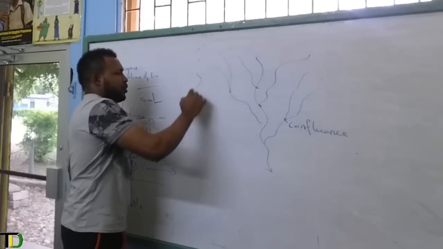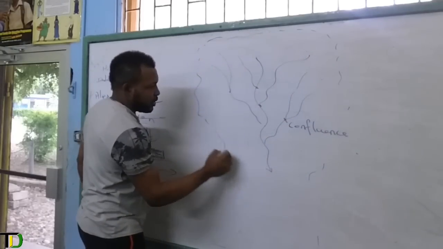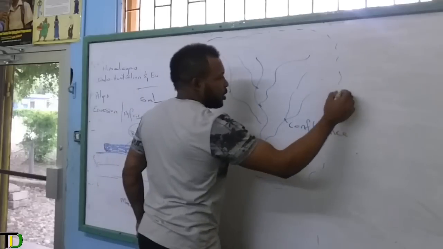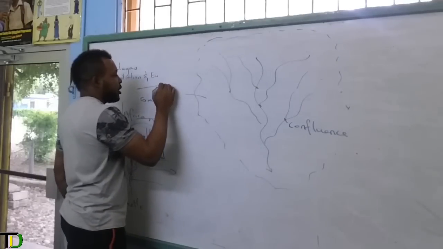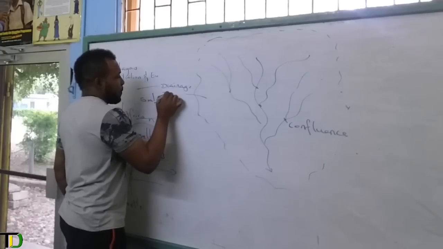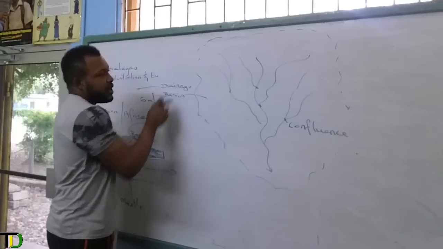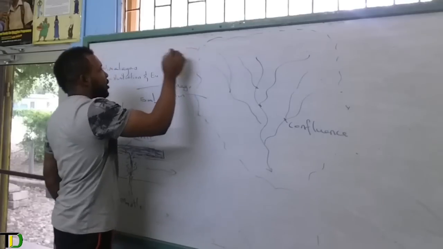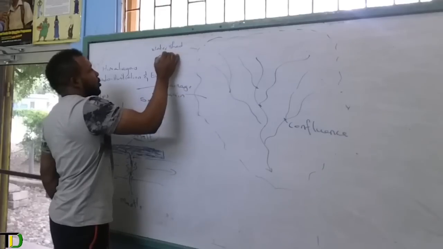So we have the area that this river is draining along with its tributaries. And all the area in here that the river is draining is called the drainage basin. The area that separates this drainage basin from another one, which is a line here, we call it a watershed or